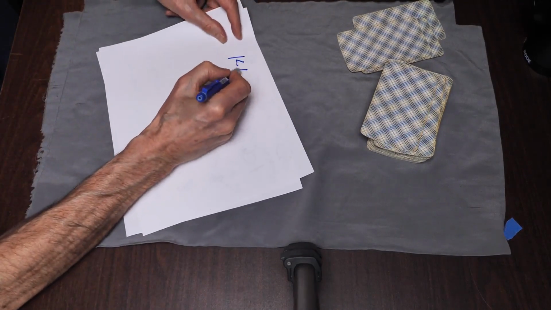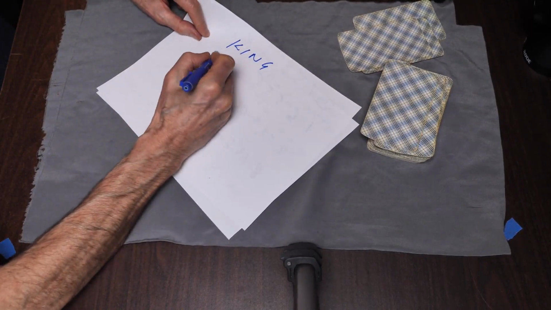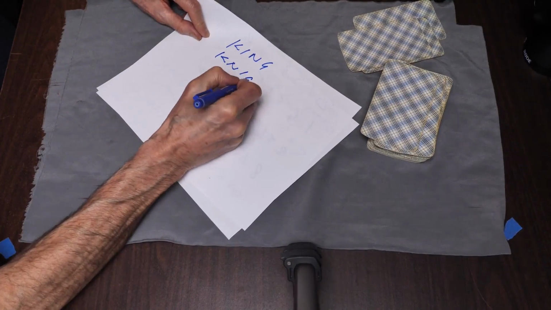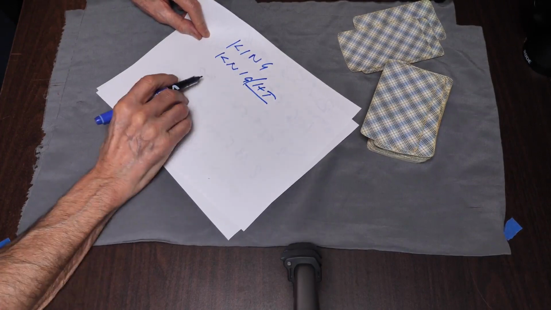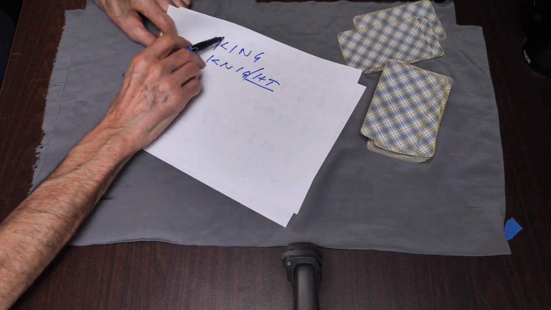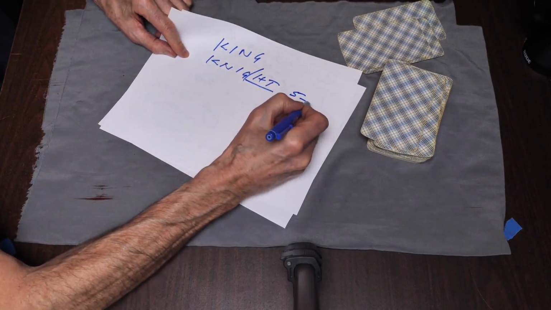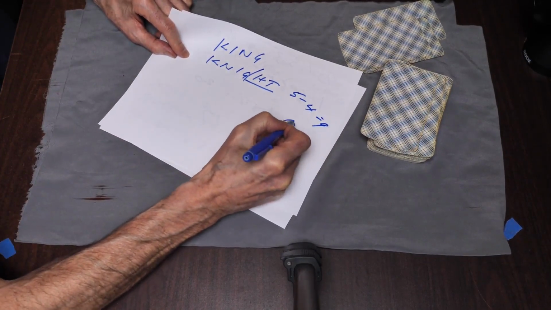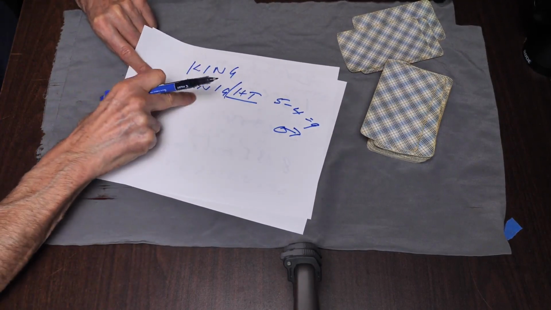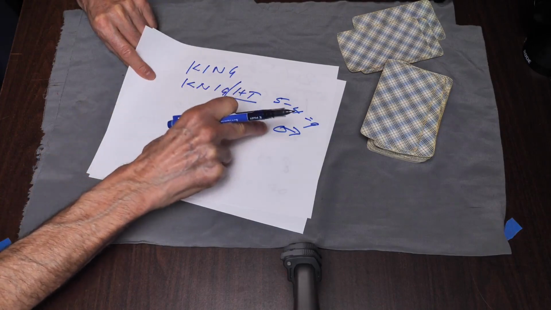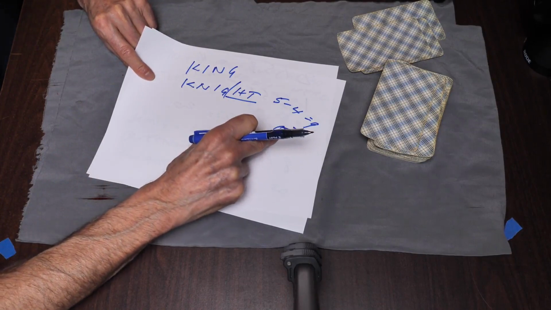King. You may have noticed this already, but if you rearrange the letters of King and you put Knig and you put an H and a T at the end, you get a knight. So what's the difference between a king and a knight? The difference between a king and a knight is an H and a T. H is 5 and T is 4, is 9, and 9 is Mars, the planet of personal creative energy. So the difference between a knight and a king is knights are warriors, or knights have personal creative energy, whereas